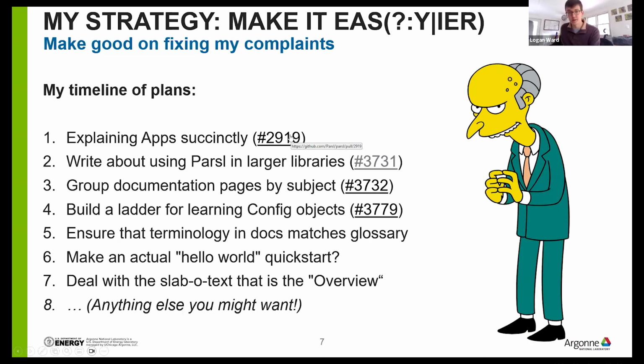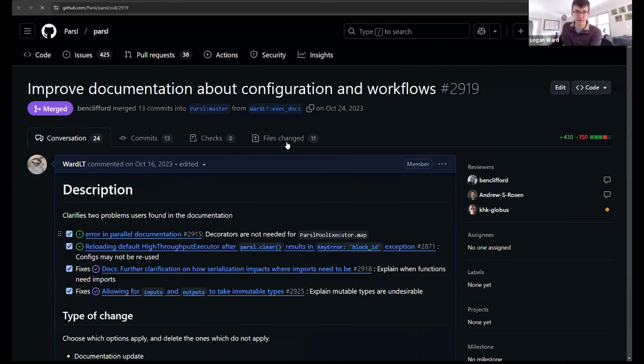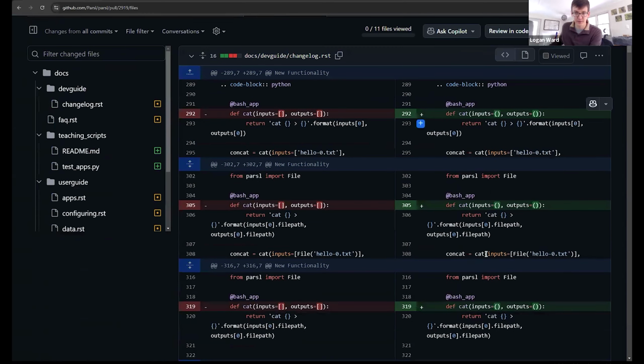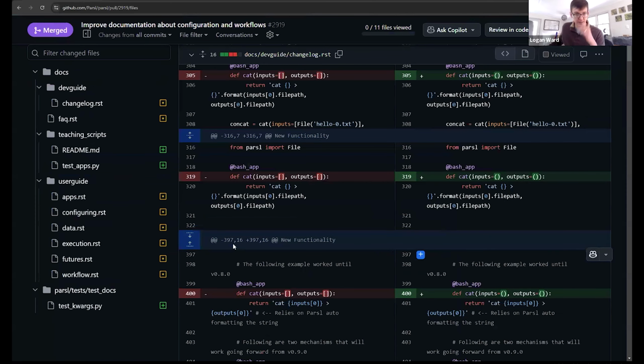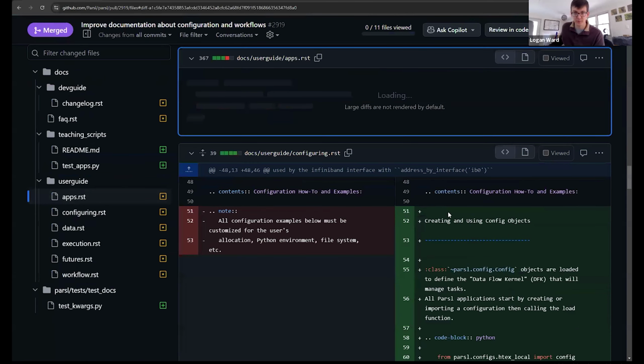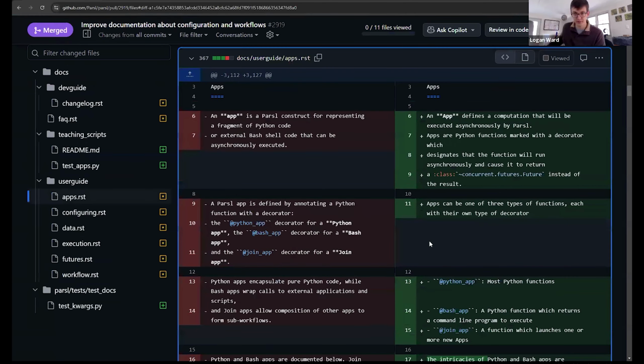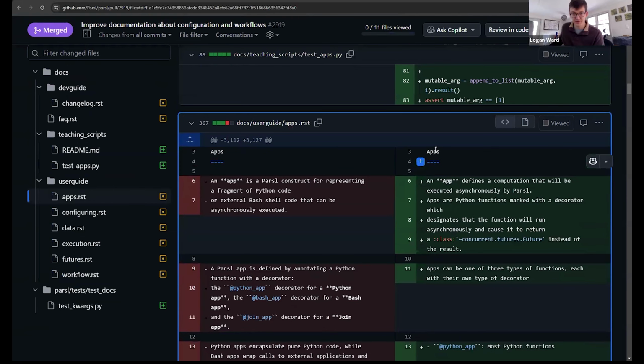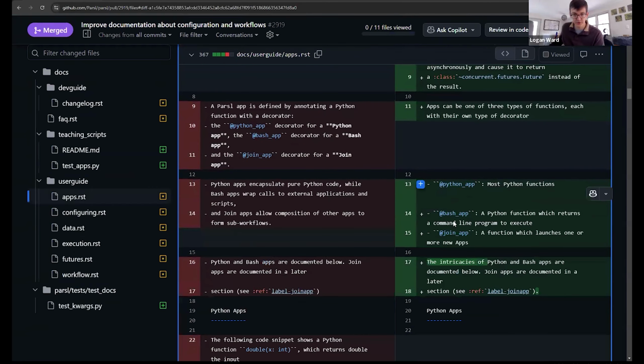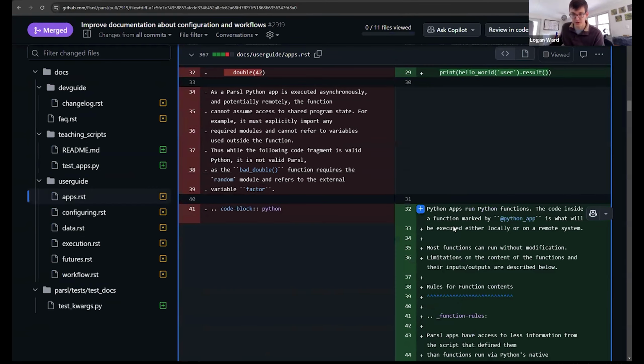So Logan of 2023 focused on only changing existing pages, not introducing new ones. For instance, we have this app page. Sorry that I'm showing you the GitHub here. I figured that was a good common language for everyone on this call, but hopefully it won't be particularly bad for the YouTube. I didn't think of that in advance. But what I did here was I tried to overall reduce the amount of text in the apps part of the user guide,